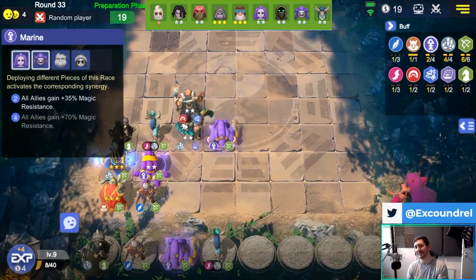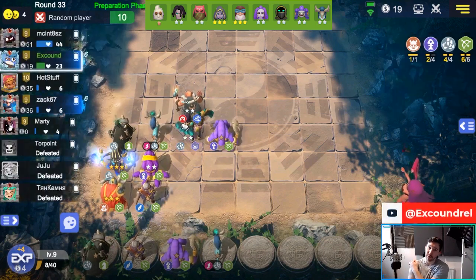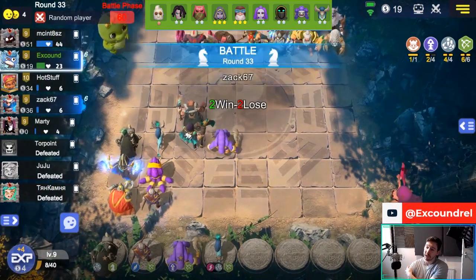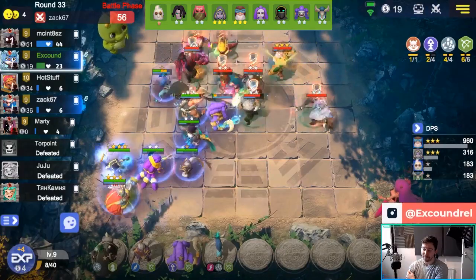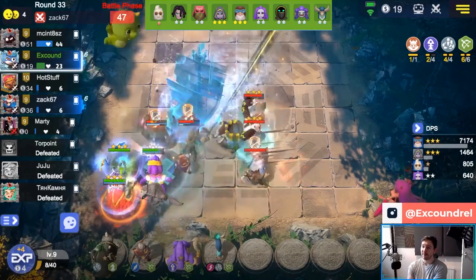What I'm doing here is now saving gold because I'm thinking, well, I can go to level 10 and I could get a Warlock in, which would be good. You know, for instance, Dark Spirit would be a good Warlock in because there is one Glacier Knight player in the lobby. You may wonder about my positioning as well. The reason that my Storm Shaman is at the front is because my Storm Shaman